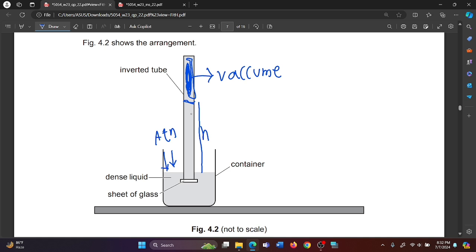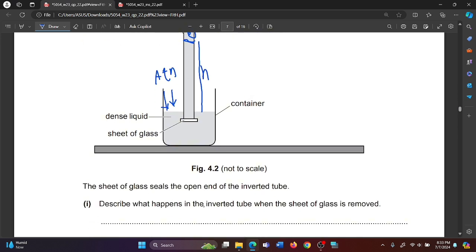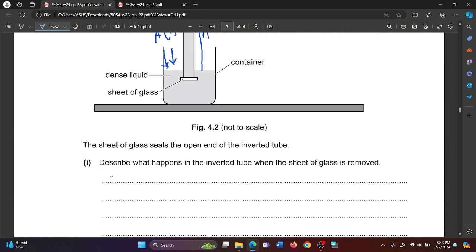The pressure due to this much height of the liquid would be equal to the atmospheric pressure, because the atmospheric pressure is causing the liquid to stabilize at this height. So as we are asked to describe what happens, let's say the liquid from the tube